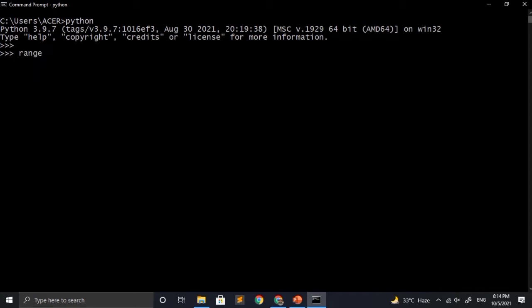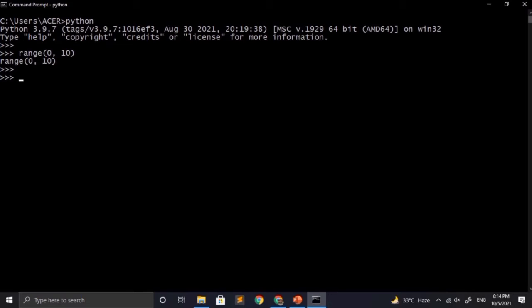Now I will call the range function by providing the starting and the ending value. So here, as soon as I call it, nothing happens. It just printed the same on the screen, range(0, 10). Range function is a very efficient and a lazy function. It does not generate all the values in a single go, but it will generate the values when we require it. Which means it will generate the values on the fly.